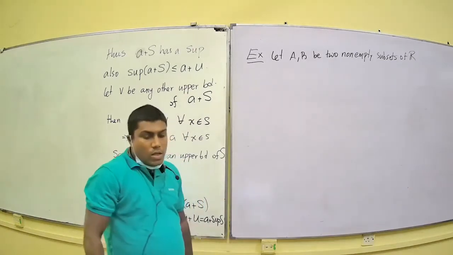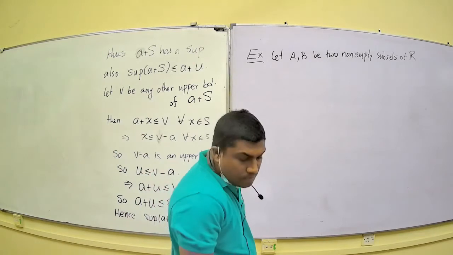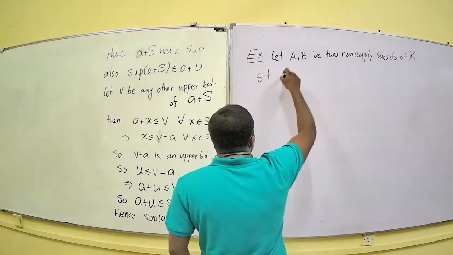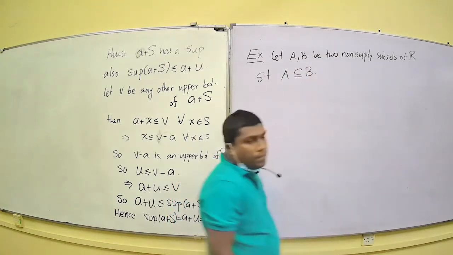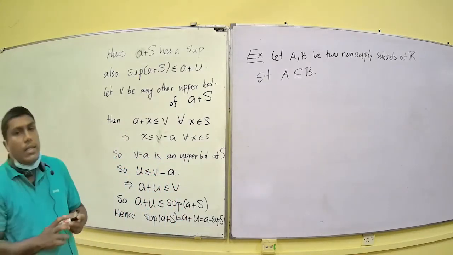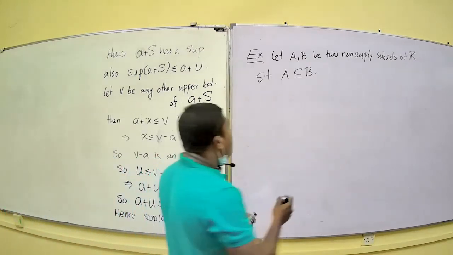Right, so let A, B be two non-empty subsets of R such that A is a subset of B. Right, so you have two non-empty subsets and one is a subset of the other. So then